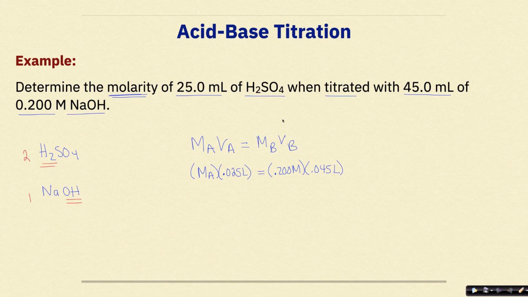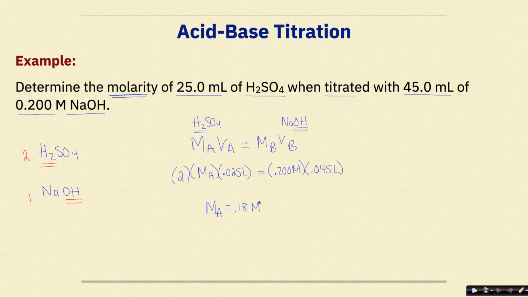Now, here's the killer. This is the base side over here. We have NaOH. Again, 1 hydroxide, 1. Here's the acid side, H2SO4. We have 2 hydrogens. Because we have 2 hydrogens that have the ability to ionize, I'm going to multiply this side by 2. So when I do this and I solve for the molarity of my acid, when I solve for Ma, my final answer is going to be